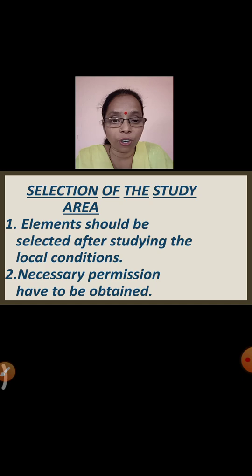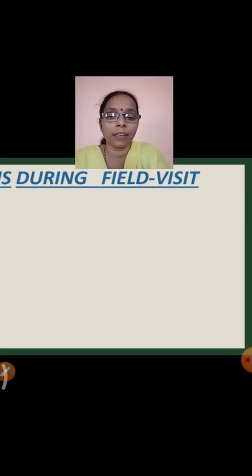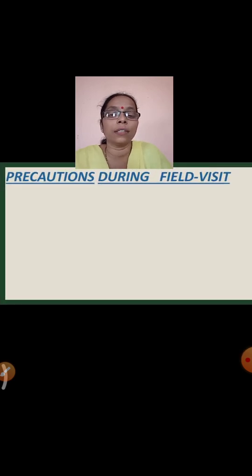So what is necessary is that we first take prior permission of the authorities of that particular place, and we have to inform them how we are coming, what the crowd is, how many students there are, from which standard, whether the students are from primary section or secondary section. All this necessary information needs to be provided to those authorities. And for that again, we need to take certain precautions.